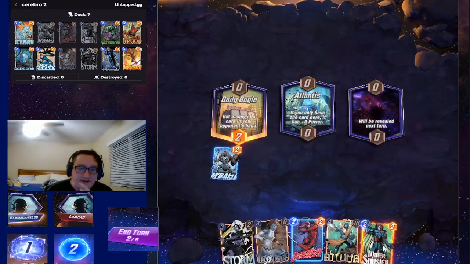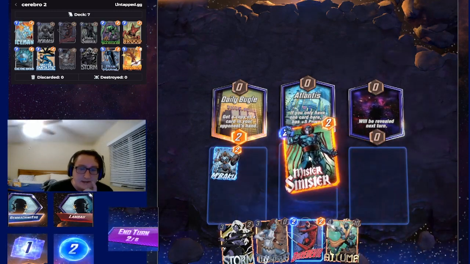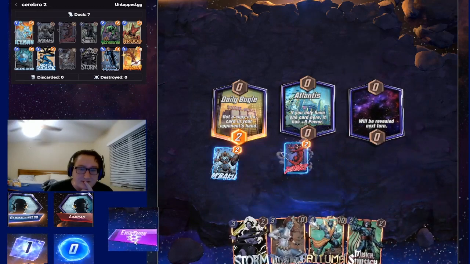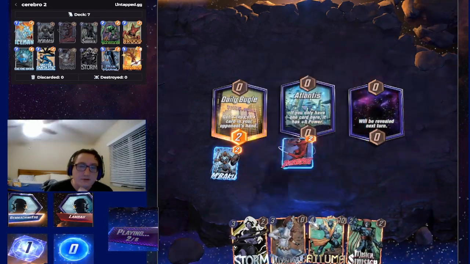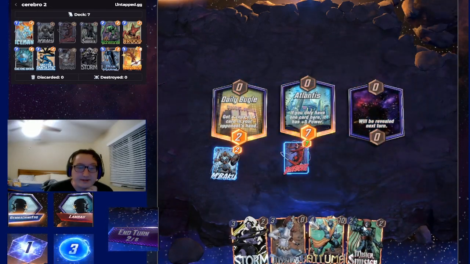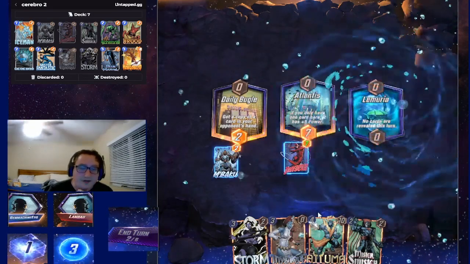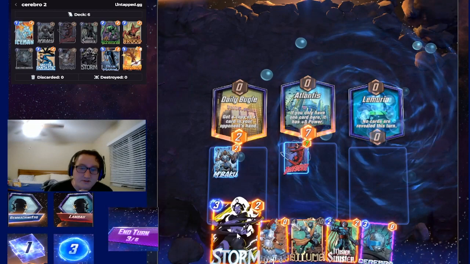Atlantis is fine, because we'll never have just one card in a location. I think I'm actually going to Daredevil, though, so I can see what they're playing. M'Baku is really good in this deck, because if you don't draw into him, Lemuria is actually awful for us. We're